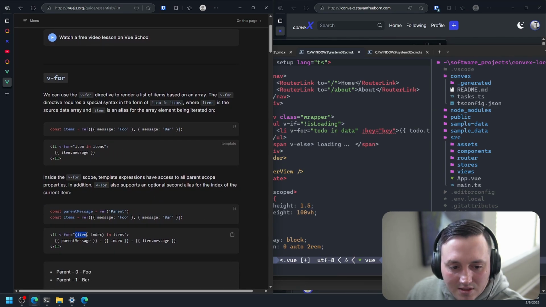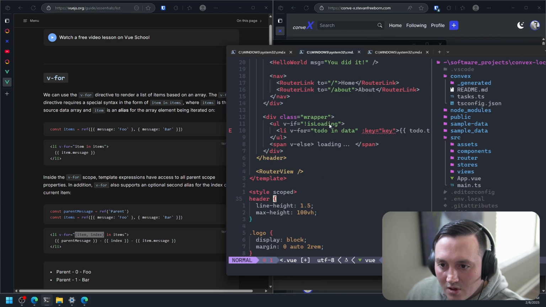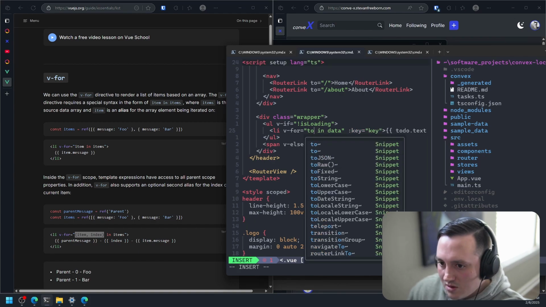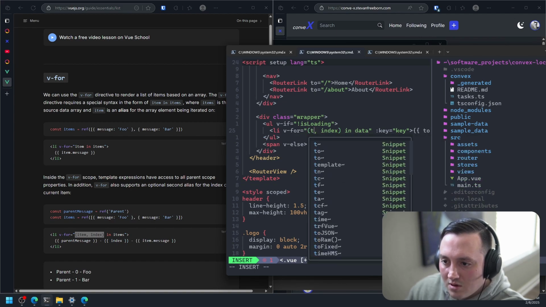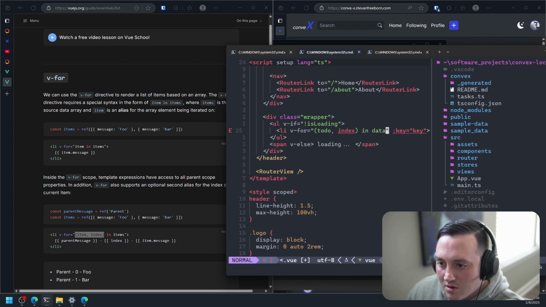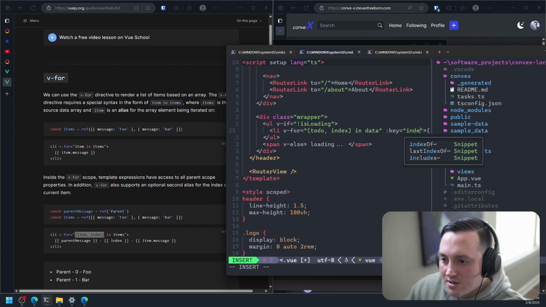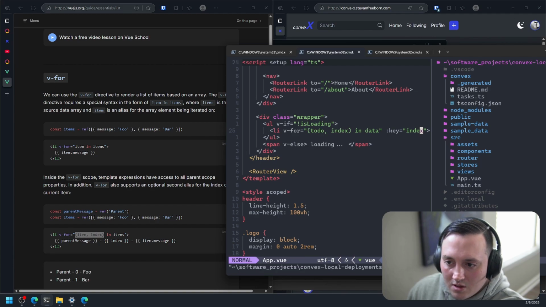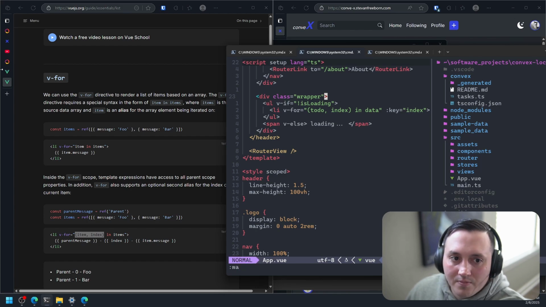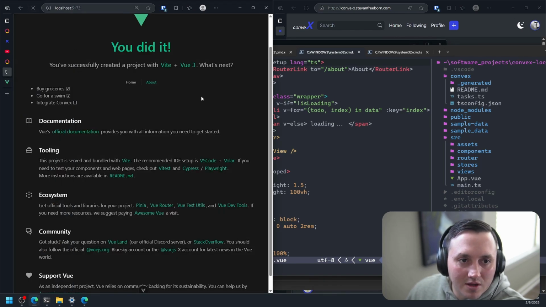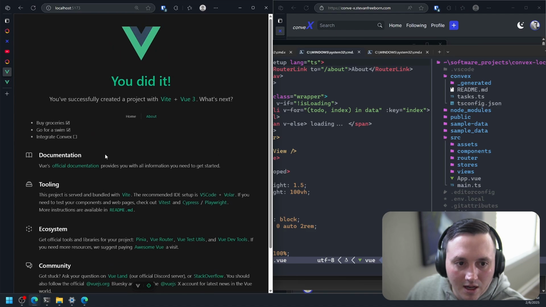It's that syntax. I can say todo, and this is going to be index. And I guess I could actually use the todo ID, because I think the todo has an ID. Okay, now let's go back here. Reload. Oh, there we go.